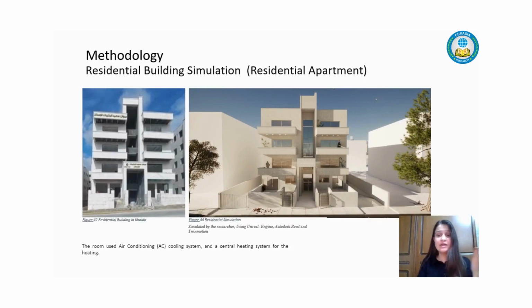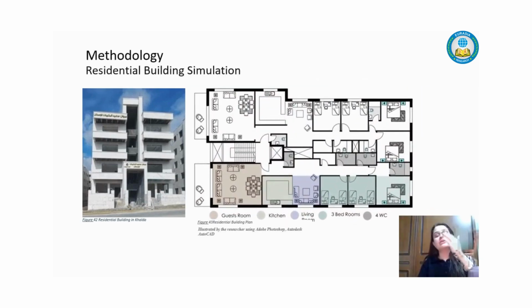we can see the real footage of the residential apartment that I've chosen and the simulated one. I've simulated the residential apartment 2 times, one with its current layering of the materials and one with adding the PCWMI layer, which means that there are 2 simulations of the same residential apartment just to compare it, because this is a comparative methodology. More specifications: this is an apartment for a family of 5. Starting